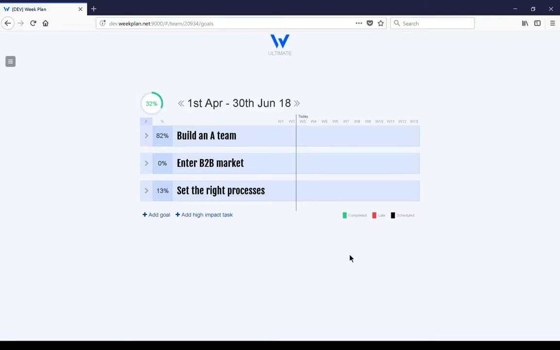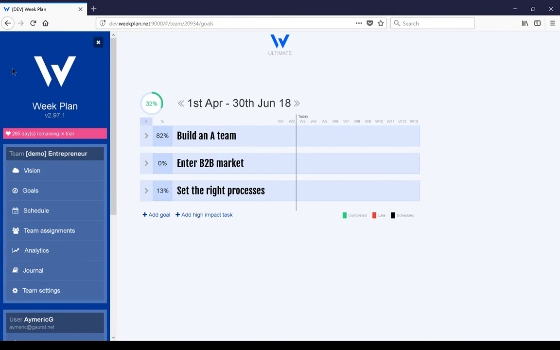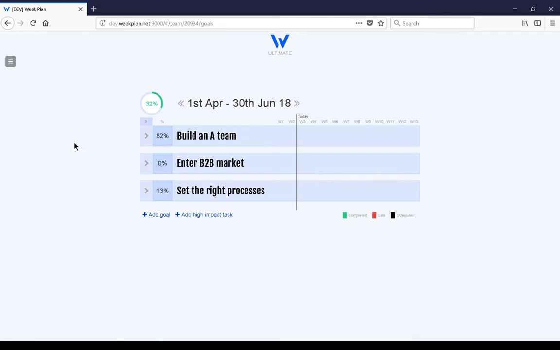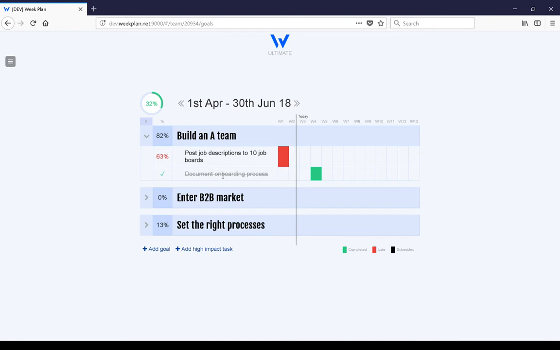In this video, I will show you how the goals module works. To access the goals module, you go here on the left menu and you have the goals menu item here. In here, you have three elements. You've got the goals, you've got the high impact tasks under each goal, and then you've got the scheduling of